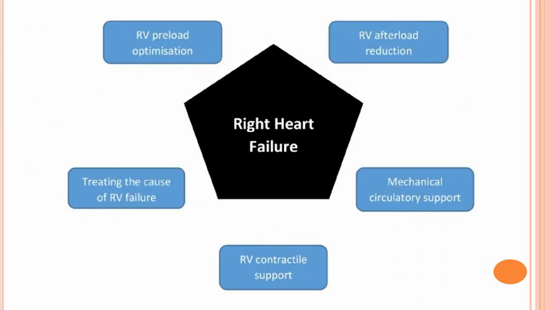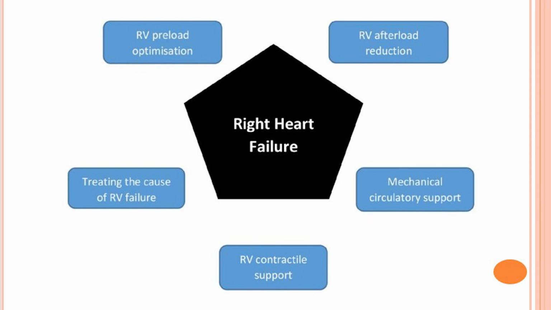I would like to conclude my talk. Whenever we are having right heart failure, what we need to do is RV preload optimization, RV afterload reduction, treating the cause, RV contractile support and mechanical circulatory support. So these are the 5 things we need to keep in mind when we are treating right heart failure in